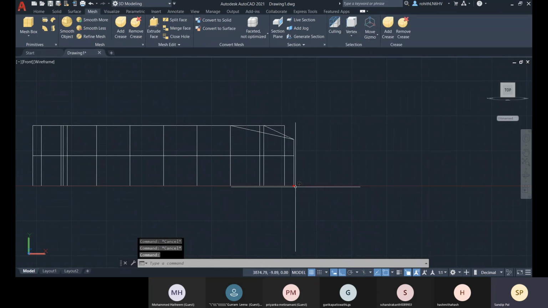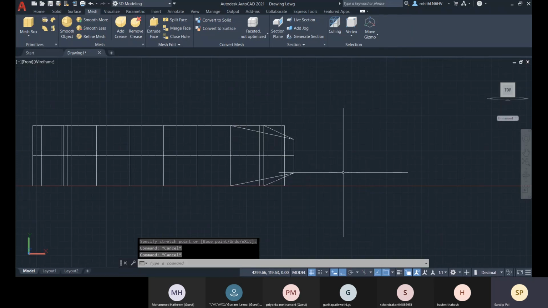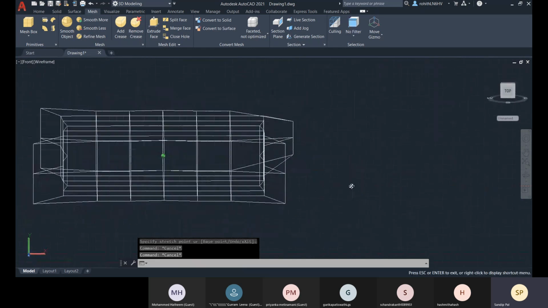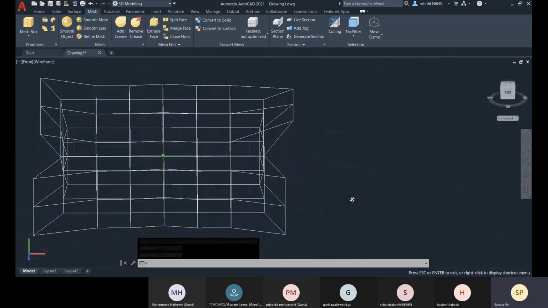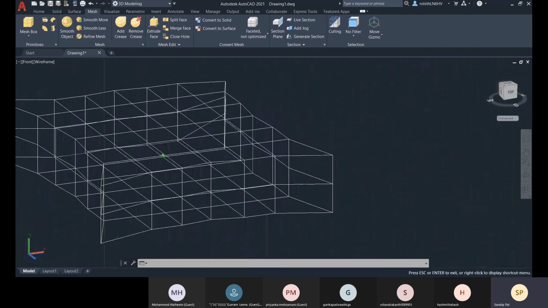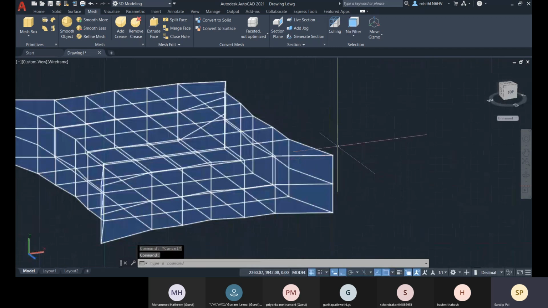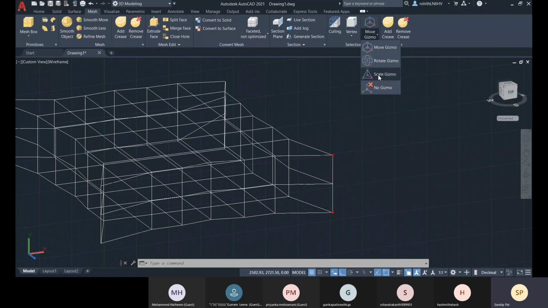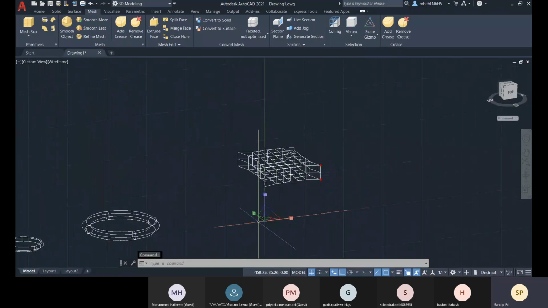Vertex. Select this one. Move it up. You just check. Let me go for scale there.